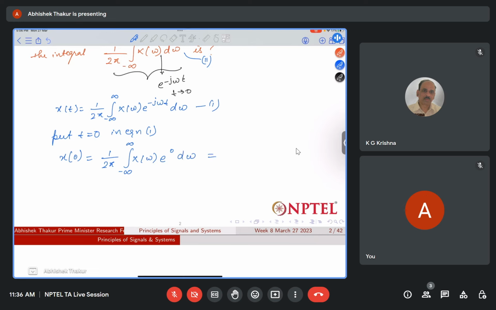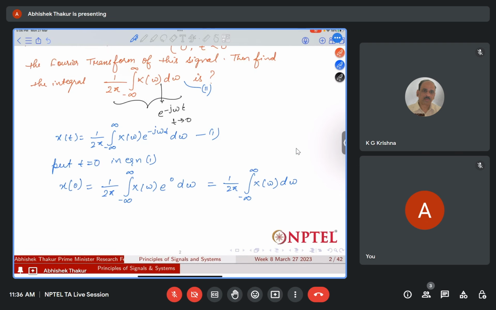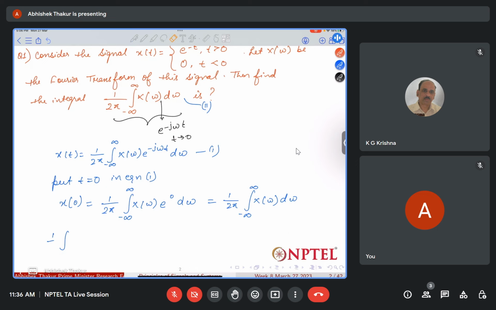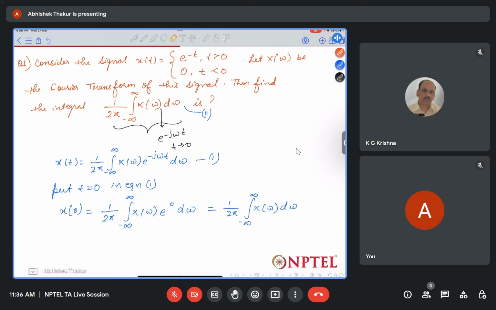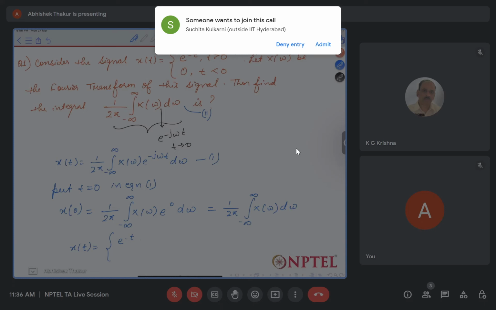Now this will be 1 by 2 pi integration from minus infinity to infinity of X(omega) d omega. So this integration is equal to x(0), and we have to find x(0). Now we know that our x(t) is equal to e to the power of minus t when t is